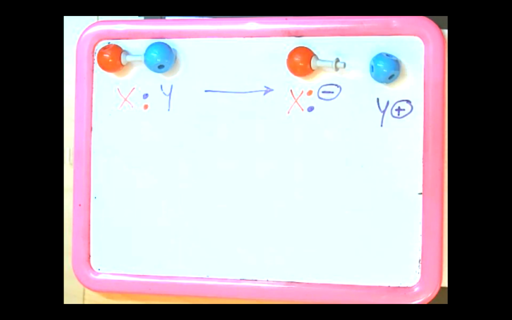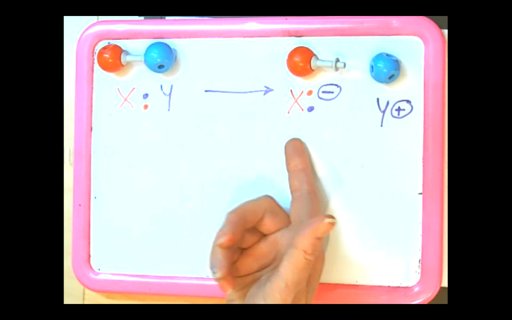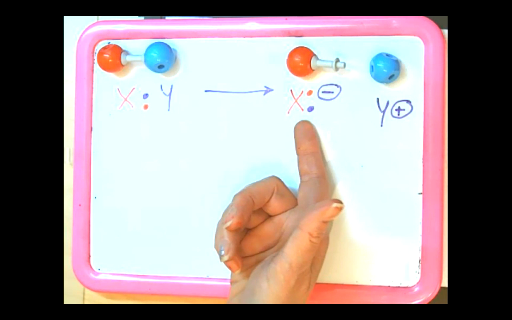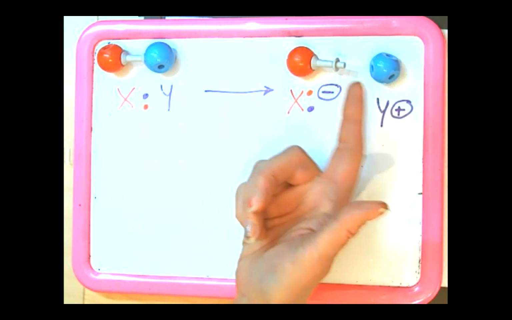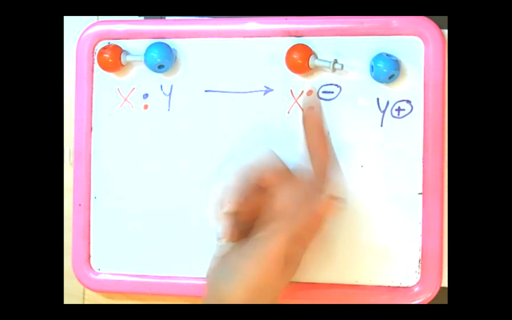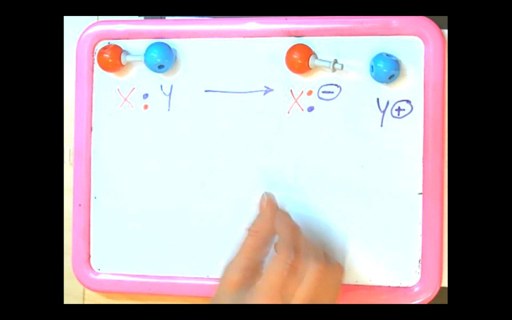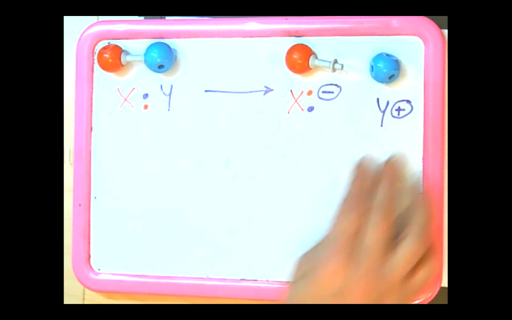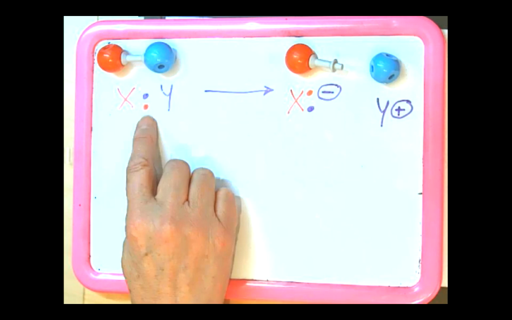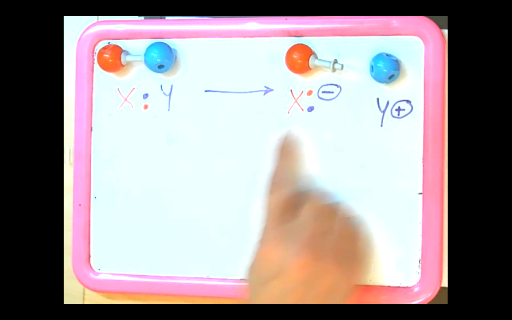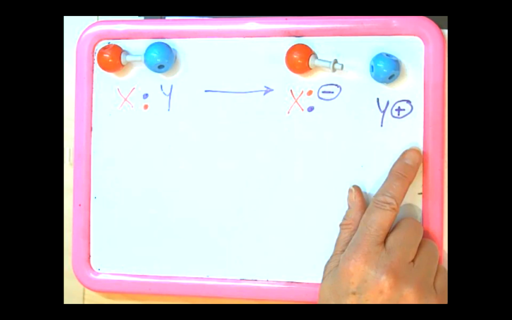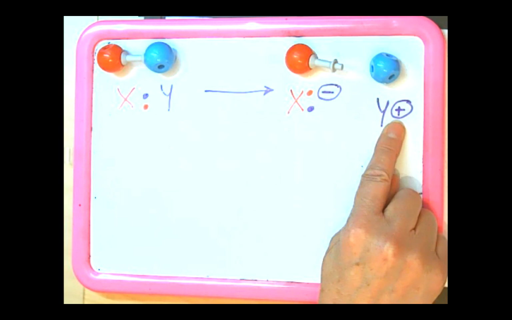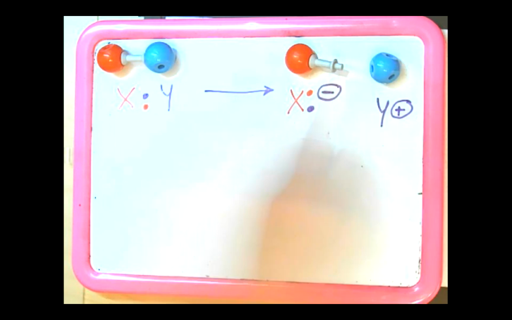Okay, so when I break the bond, if X takes the electrons, as you can see here, it has an extra electron, so I've given it a formal negative charge. I put a circle around it so you can see, and you can see here that these are the two electrons in the bond. So X has taken those electrons, so X becomes negatively charged, and Y has lost its electron. We can see here it was sharing its electron, but now Y has lost it to X, so Y becomes positively charged, and I've put it in a circle so that we can see that. So we have these two separate